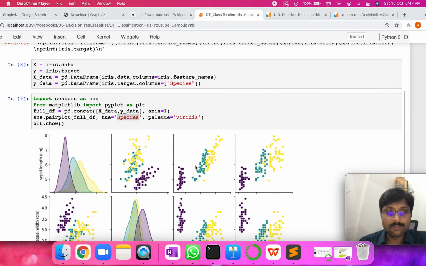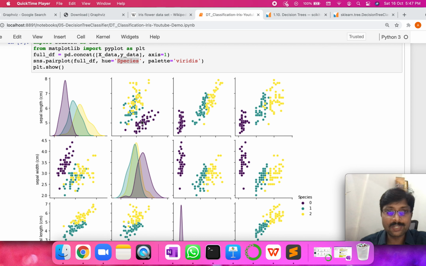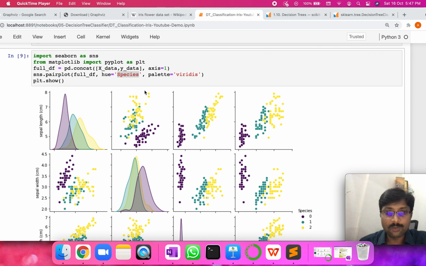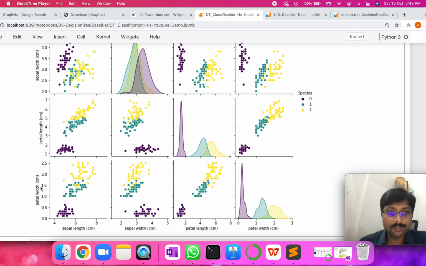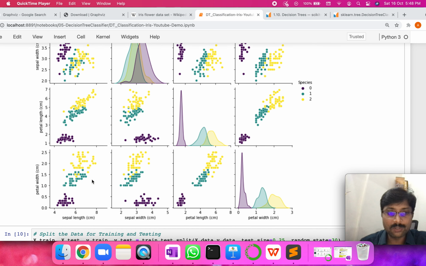And then we are going to use the Seaborn and Matplotlib libraries to visualize different columns, different column combinations, along with species as the hue, right? The species here is the output categories. And then we will take each pair of feature values like sepal length, petal width, and sepal length, petal length. So those are the combinations we'll be taking, and for those combinations, how are the hue values spread out? That's what we're trying to visualize here.